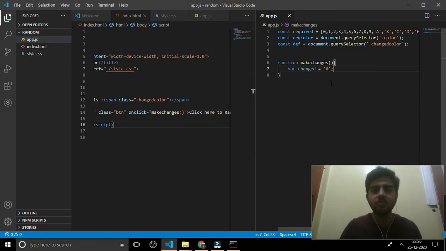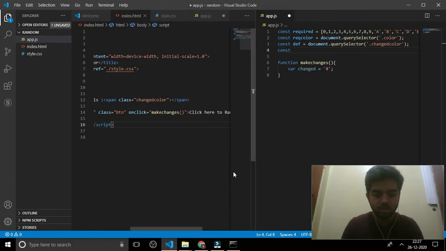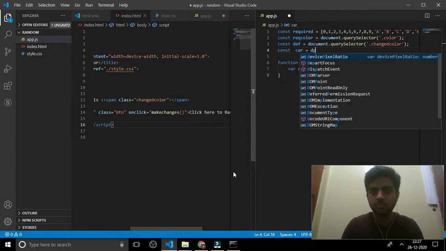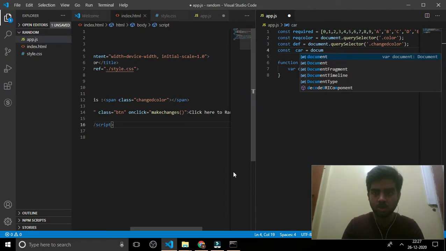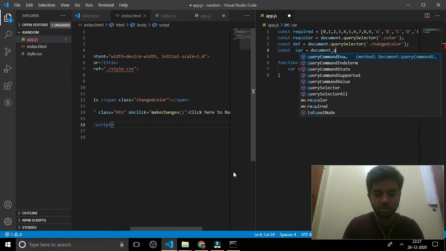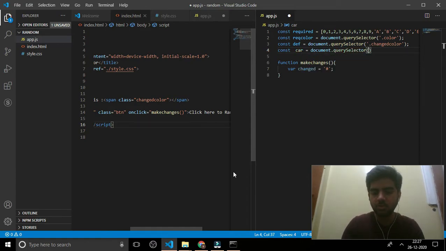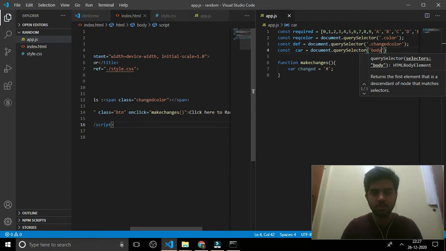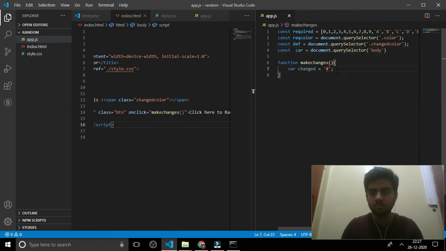Okay. Yep. Now another constant to declare. Constant car is equal to document dot query selector. Let's select the whole body. Now I've declared a variable called changed and assigned the value of hashtag into it.